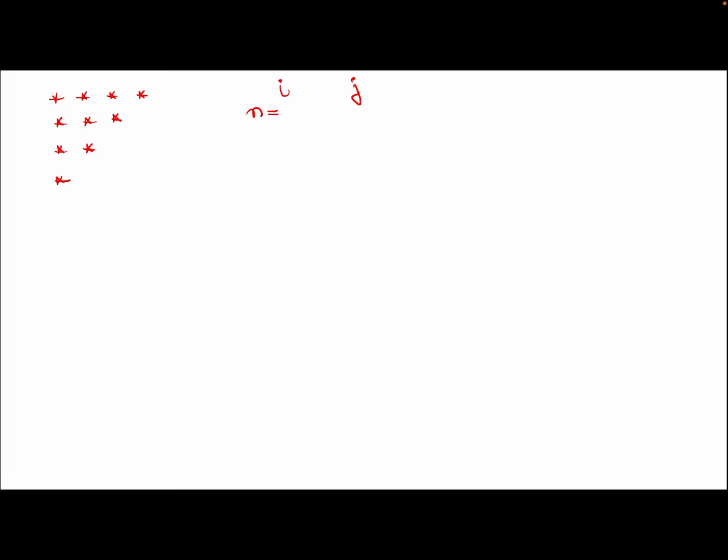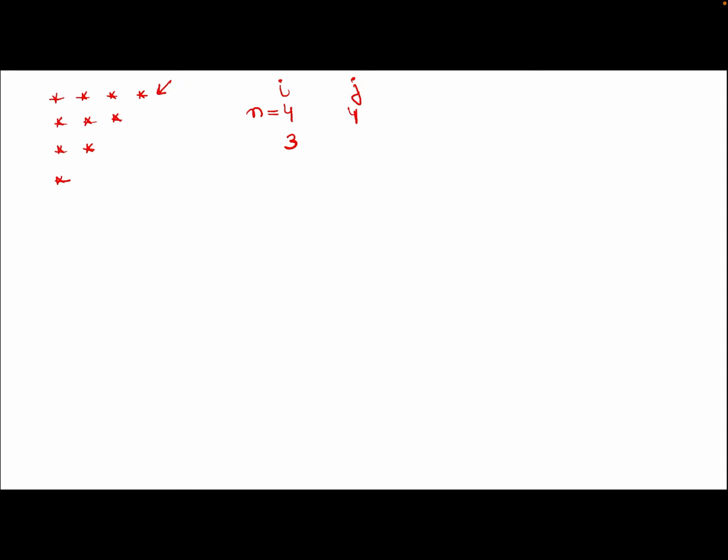Here n is 4. So when i is 4, this star should be printed 4 times. Then I decrease the value of i by 1.